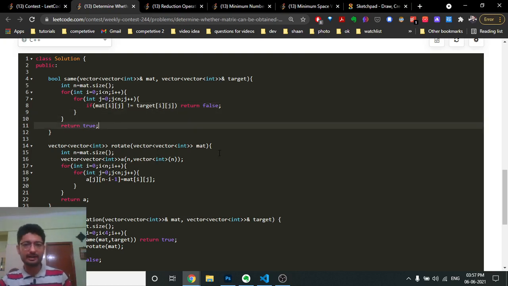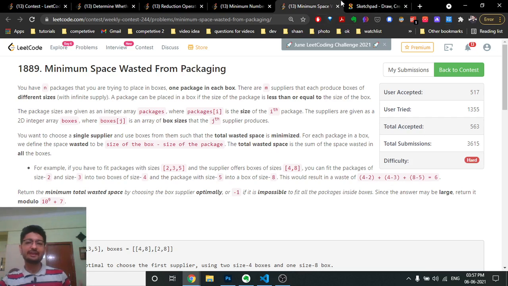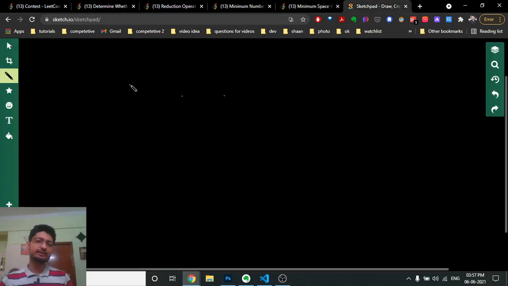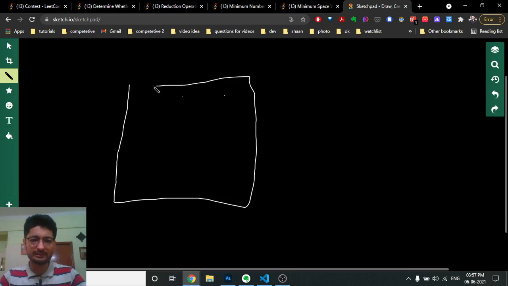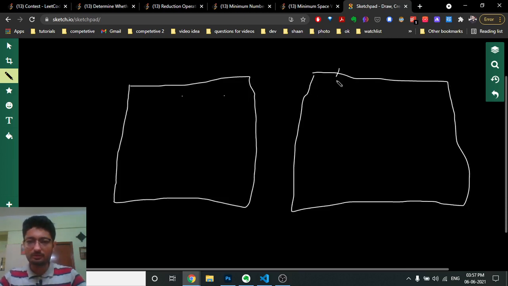Now how to rotate that? To rotate, you can do this in place or out of place. It means that you can rotate it in the original matrix, or you can create a new matrix and put the rotated values in the new matrix. But what you can easily observe is, because we do not care about the time complexity or the space complexity in this, what you can do here is find the mapping of the two matrices.